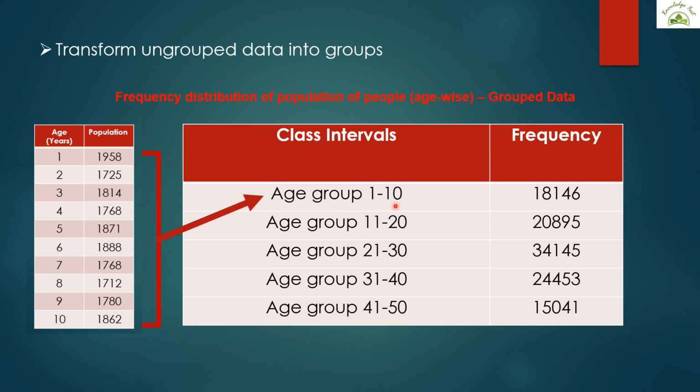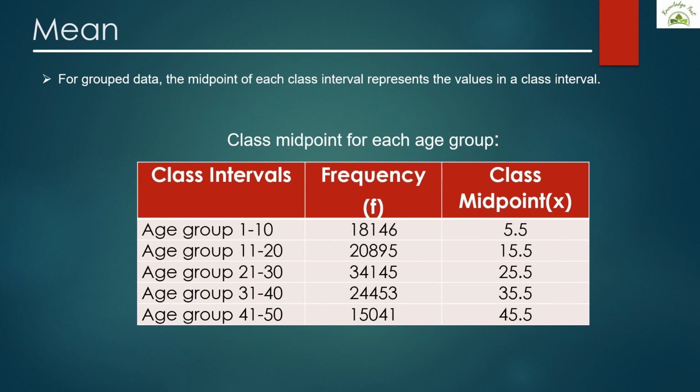In a similar way, if you sum all the individual values of the counts, where individual values stand for the counts of citizens at a specific age, then the frequency for this particular class interval, 11 years to 20 years, would be 20895. In a similar way, I have calculated the individual frequencies for each of these class intervals. Okay, so let us move to the next.